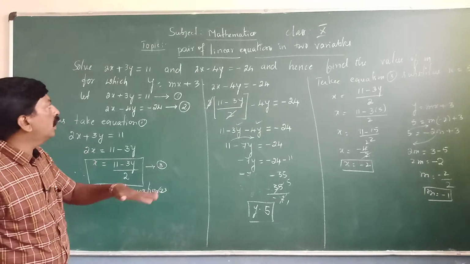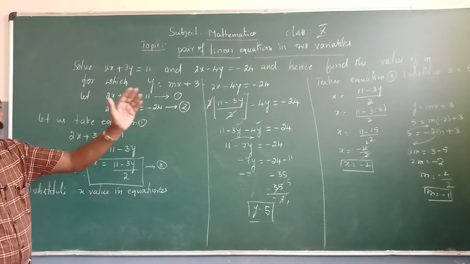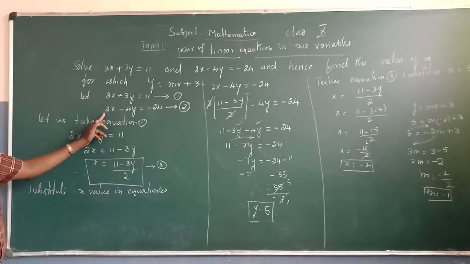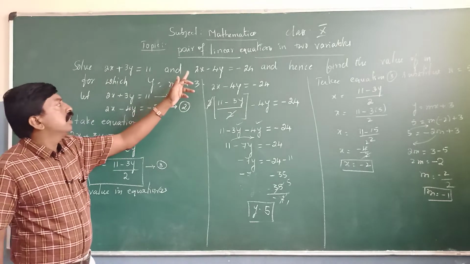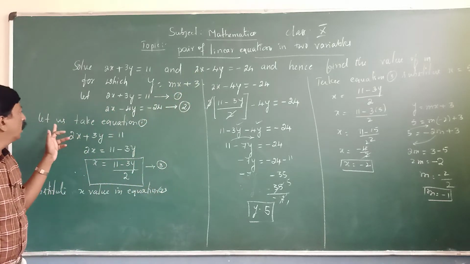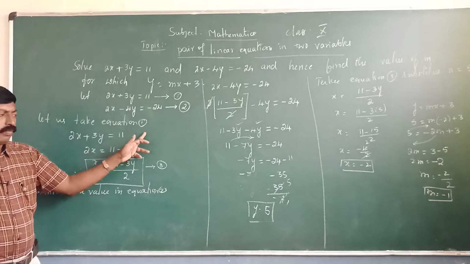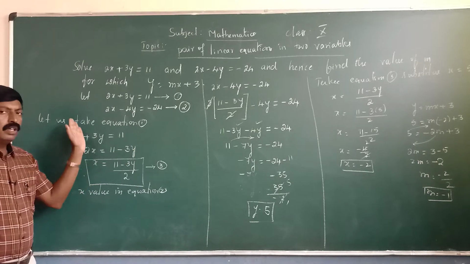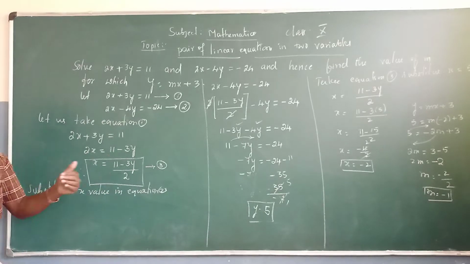Once again look here. Here they have given the statement, so that is a verbal statement. With the help of that you can find the x and y values. For that we have chosen the first one as the first equation, the second one as the second equation. After that take equation 1. Let us take equation 1. So retain x as it is, y shift to RHS. That is called transpose to RHS.